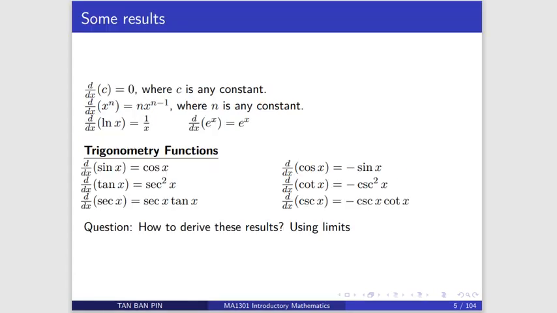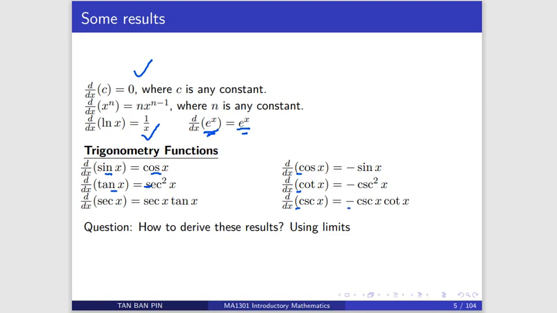These are some results you have done before. Differentiating a constant gives you 0. Differentiating ln x is 1 over x. And e^x is a very friendly function because to differentiate e power x, basically you do nothing. You just give back e power x. And you also have the trigonometric functions. Differentiating sine is cosine. Differentiating tangent is secant squared, and so on. Then the three trigonometric functions starting with c, after differentiating, have a minus sign.